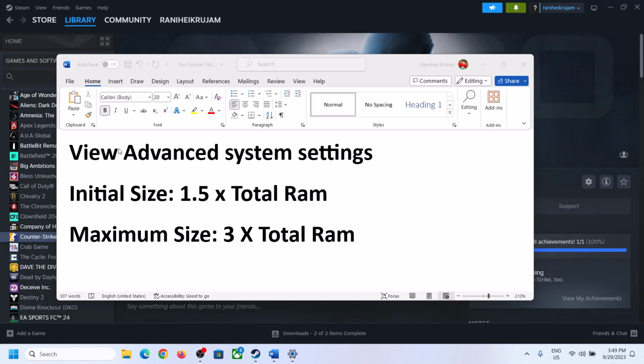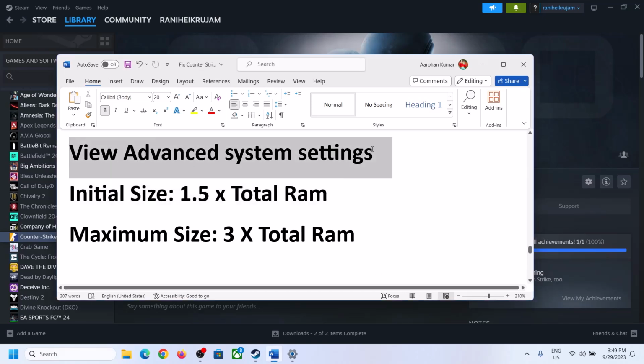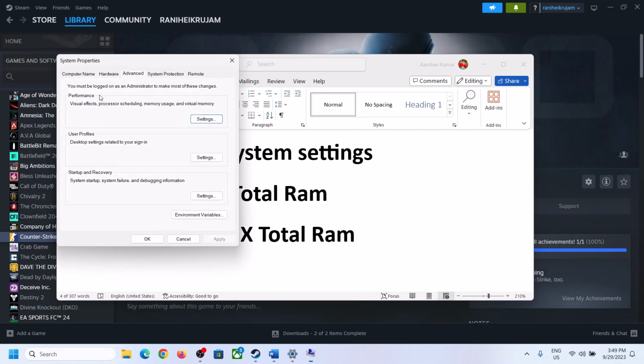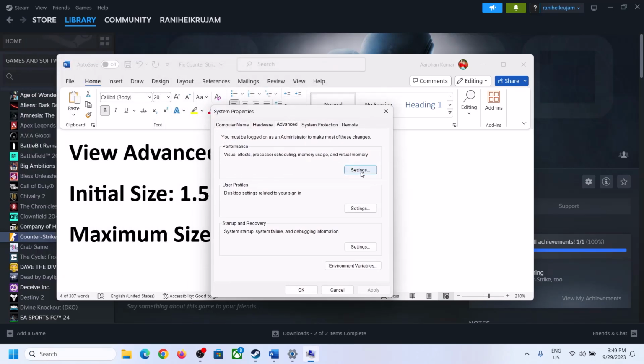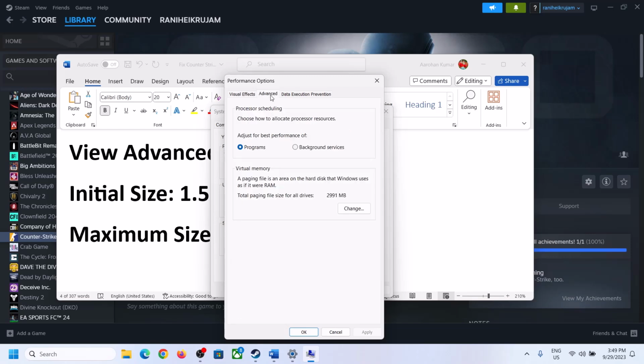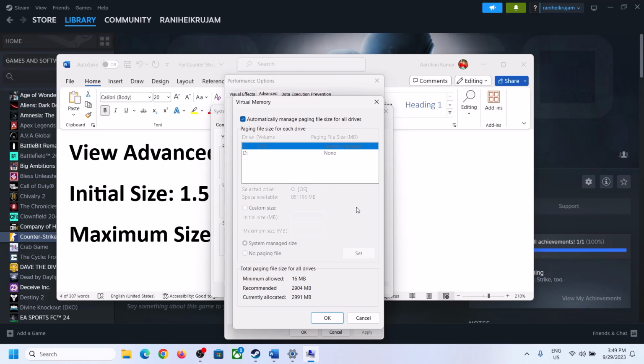So to increase the virtual memory, type in view advanced system settings in the Windows search box and then click on view advanced system settings and then click on the first settings and then go to advanced tab and then click on change over here and then select the drive. So uncheck the box which says automatically manage paging file size for all drives. Uncheck this box and select the drive where the game is installed. So select the drive and then once you select the right drive, now put a check on custom size, and